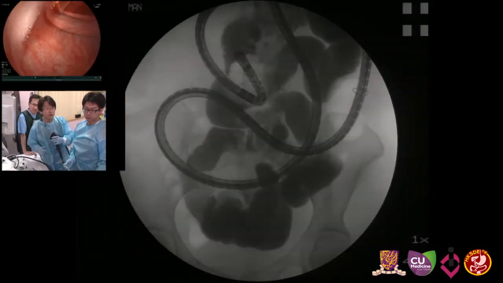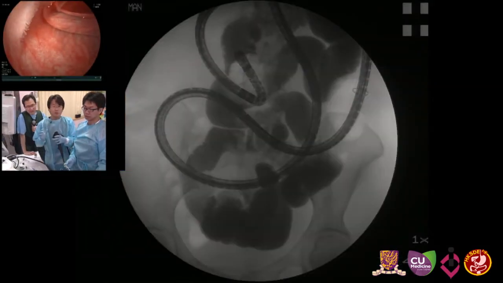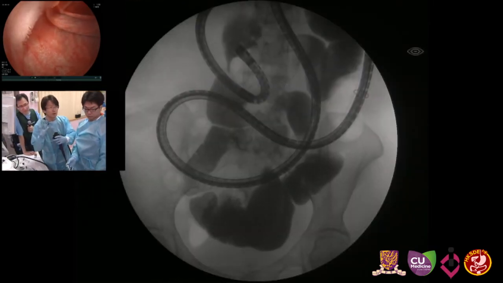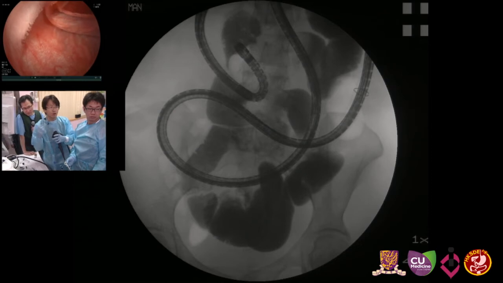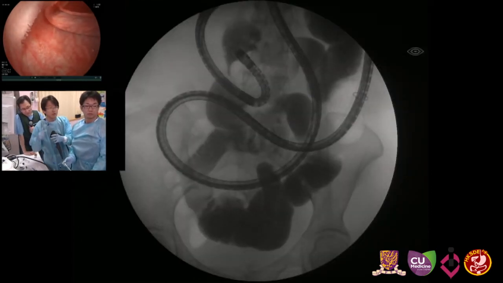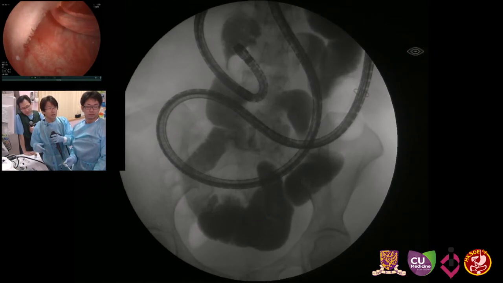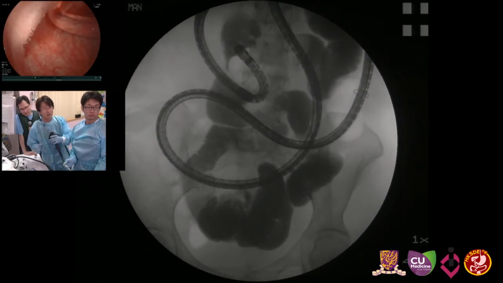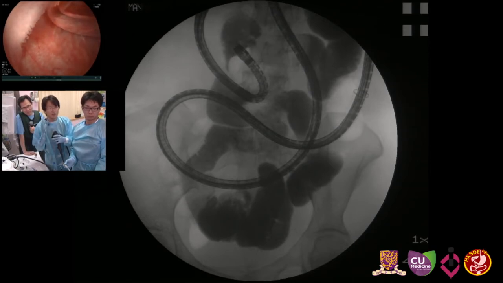Can I show the X-ray image? Yes, we have the big screen on the X-ray. With the double balloon endoscope, as you can see, the endoscope tip balloon blocks the backflow of the contrast. So you can have a good contrast image distal to the endoscope. You see the endoscope balloon is blocking the backflow of the contrast. You understand? Yes. And there is no dilatation of the small intestine in this patient,